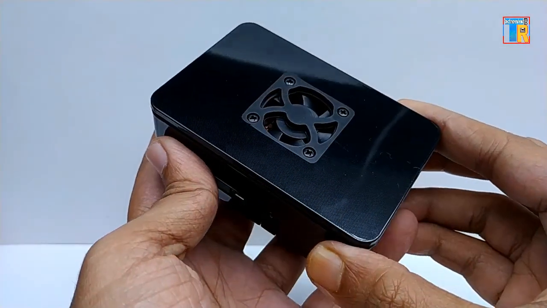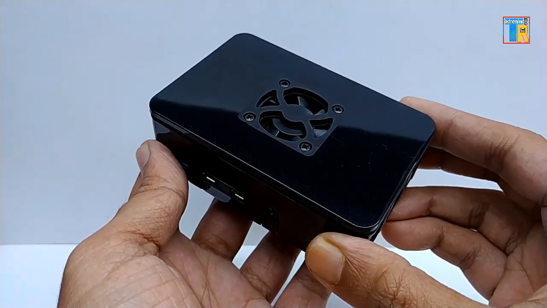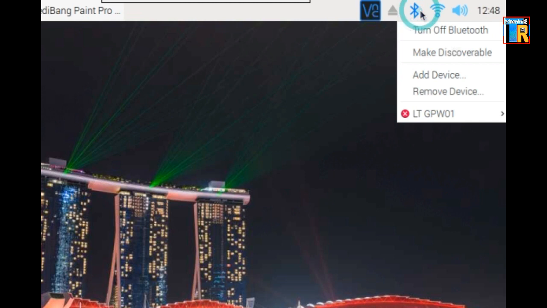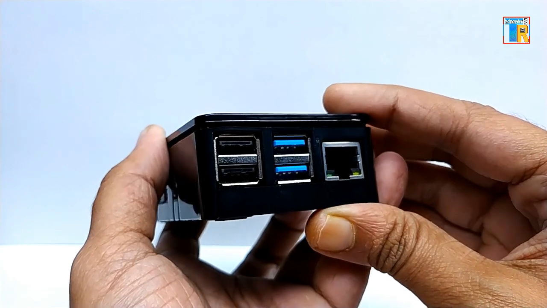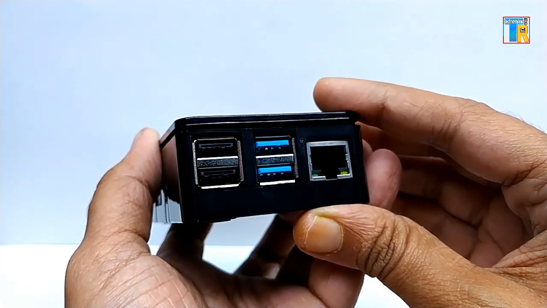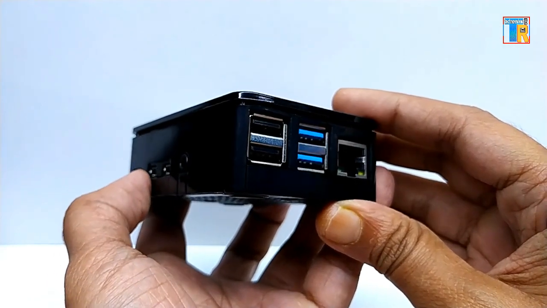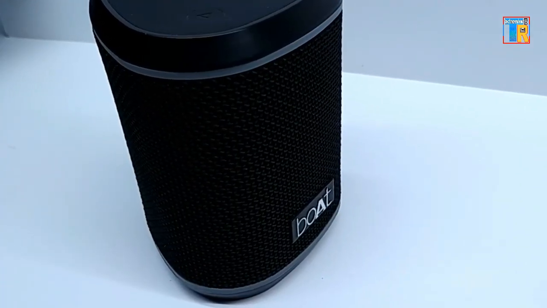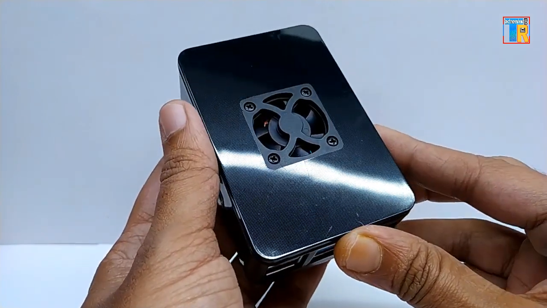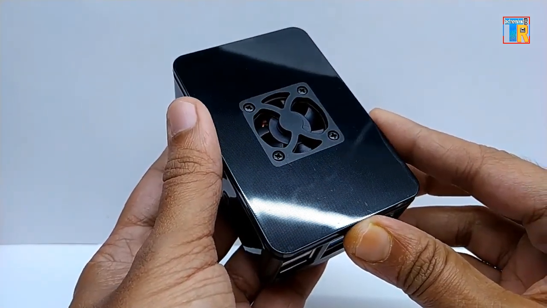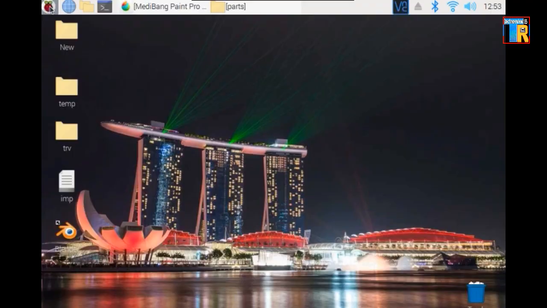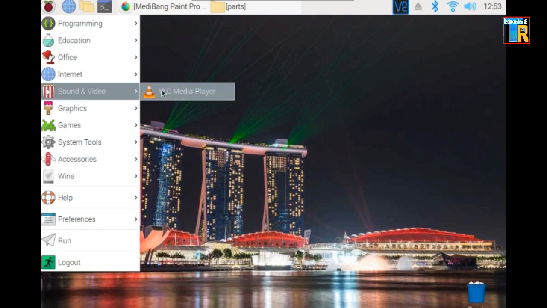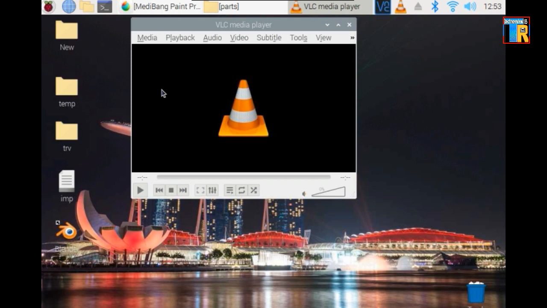It is not a big sized tower PC with a Windows operating system, but it can run Windows apps. This computer has Wi-Fi, Bluetooth and LAN connectivity, 2 USB 2.0 and 2 USB 3.0 ports. For sound output, you can use any audio speaker, also you can use a Bluetooth speaker. You can connect a pen drive, USB hard drive, printer, scanner, digital drawing pad, webcam, Android phone via USB. It can play 4K videos and supports all popular audio and video formats like MP4, MPEG, MP3, WAV, etc.